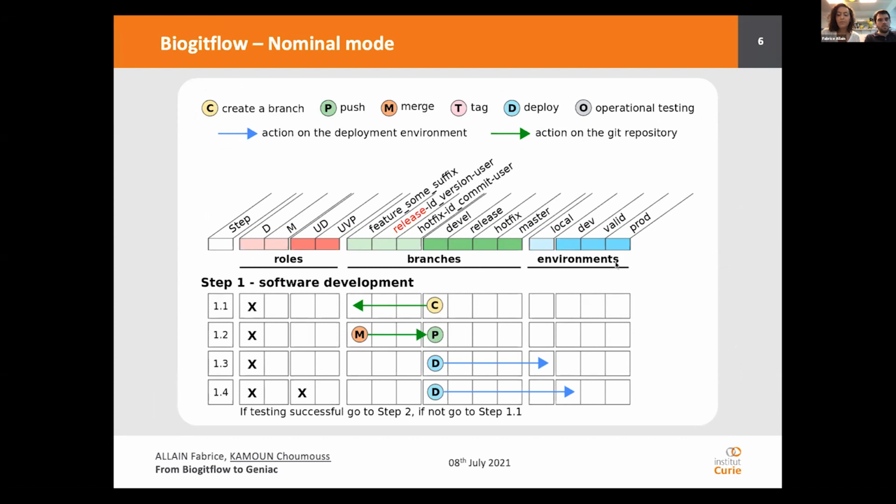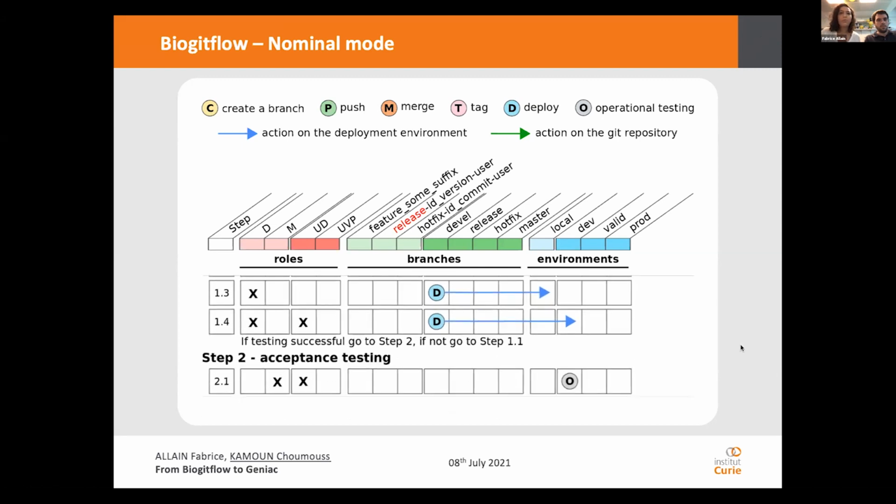In the first step, the developer is able to create branches from the devel, to merge the feature on the devel and push on it. And also he can deploy on his local environment or in dev environment.